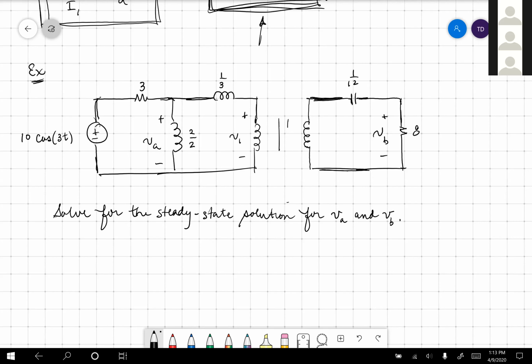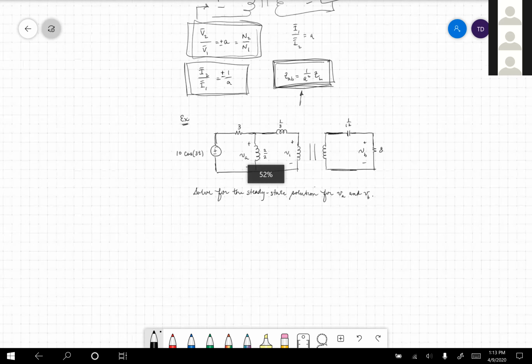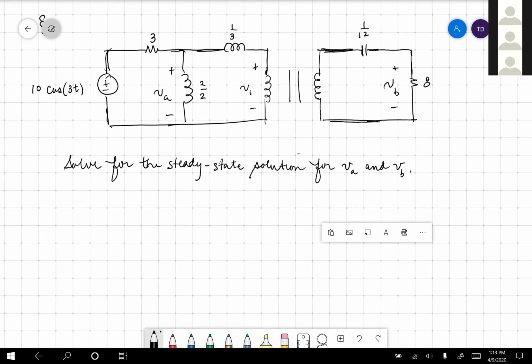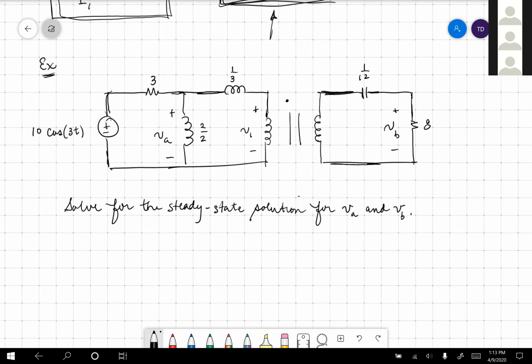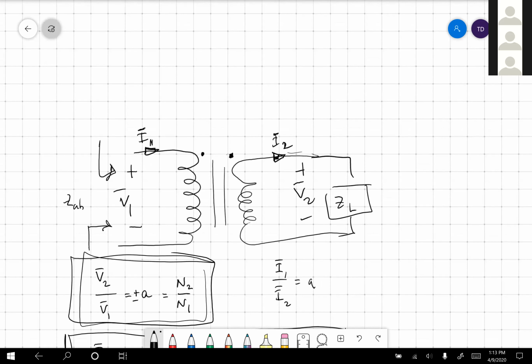Hold on. Let me get the rest of my circuit drawn. Dot here, dot here. So put the same dots here. And then on top of that, I'm going to do this, 1 to 2. And just date my notes here. So I have a date on this. Today is the 9th,